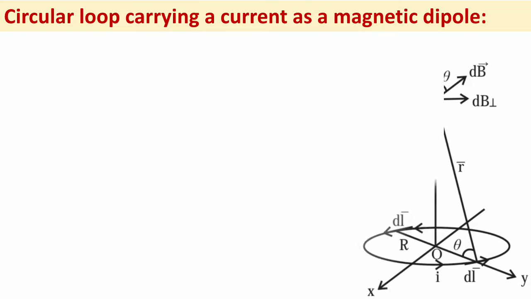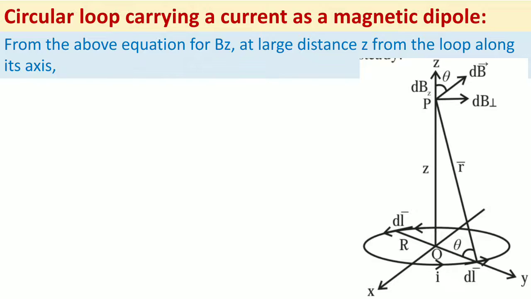So again we can recall this diagram. Yes, this diagram was for the axial magnetic field. So what we have to do here is keep the point at distance z from the loop along its axis. Now if z is much greater than r, what is r here? r was the radius of the loop, and z is the point where we have to find the magnetic field, as you can see in this diagram. So if z is much greater than r, obviously r can be neglected.